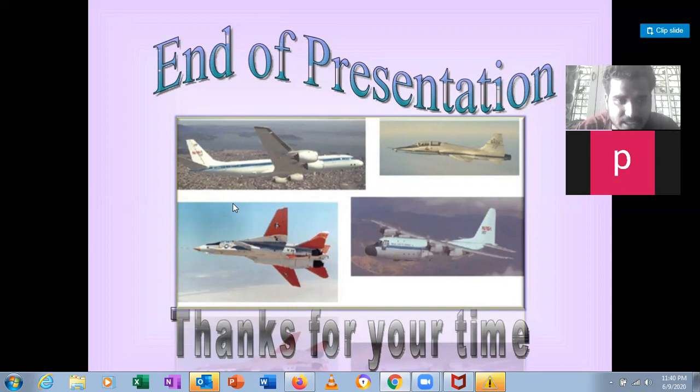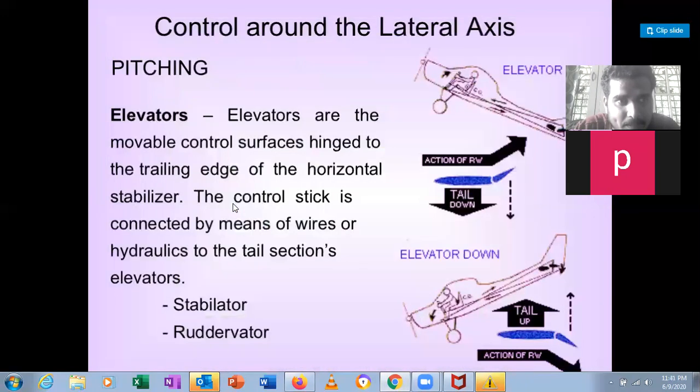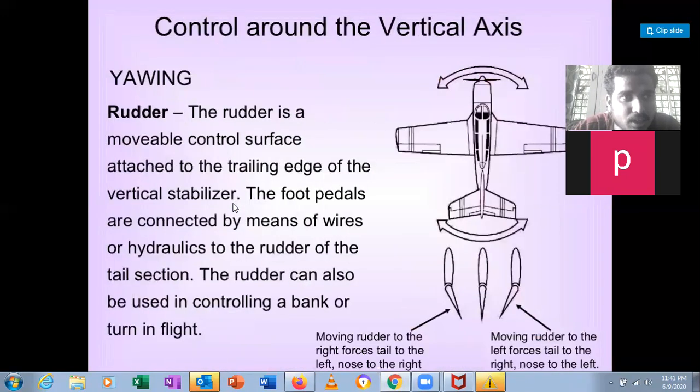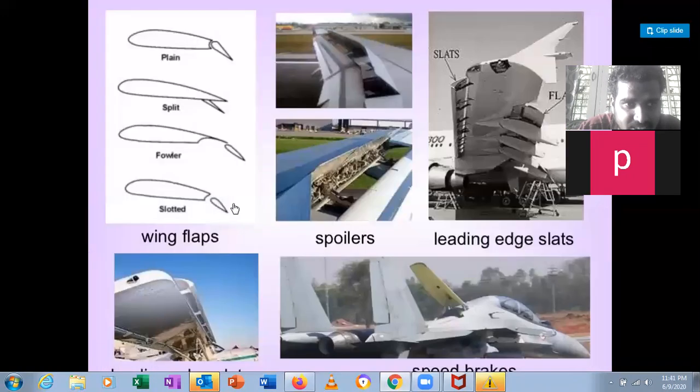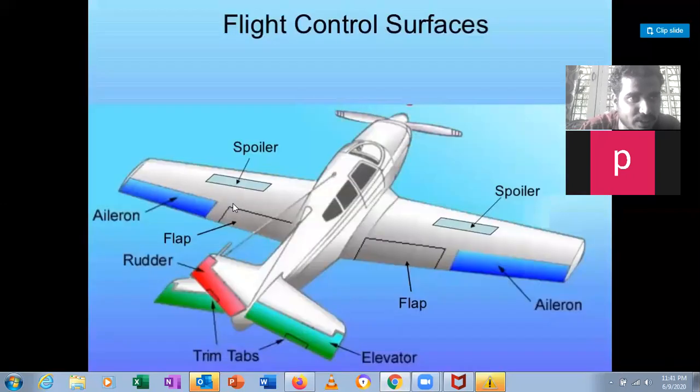That is the next content. For now, you just know what an airfoil is, what the content is, and how the control surfaces work. You understood? Any doubts? What are control surfaces, how they work, and what the stability part is, I will discuss again. This is just an overview. You have to understand basic aerodynamics first. Only then, if you go there, it will be worthwhile. Otherwise, it will become difficult to understand. Okay, sir.